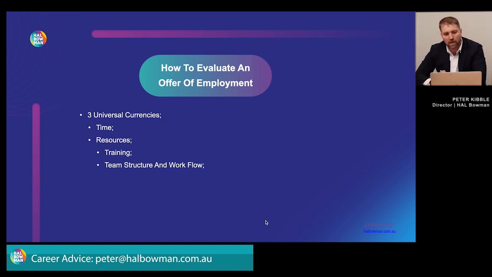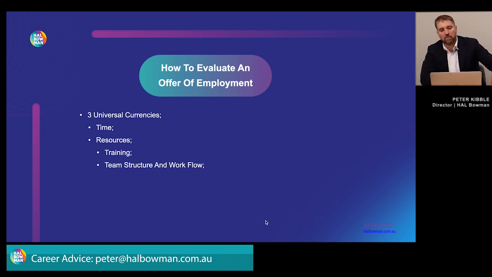I do think that regardless of what level you are within your career, the team structure and workflow is incredibly important. If we compare some pretty basic examples, pooled resources versus, not unpooled resources, I'm not really sure what the term is for that. Within accounting firms, for example, and within commerce as well, there'll be businesses that have pooled resources and there are businesses that don't.